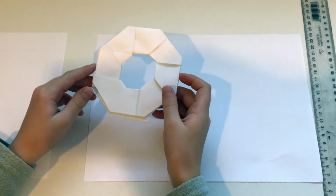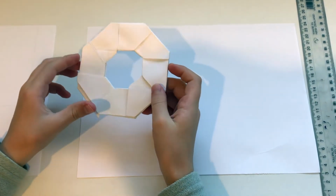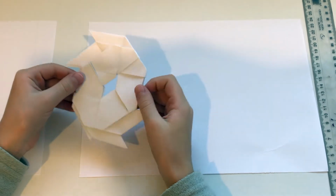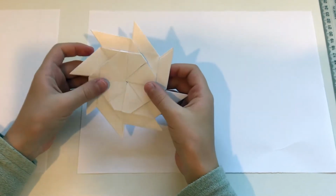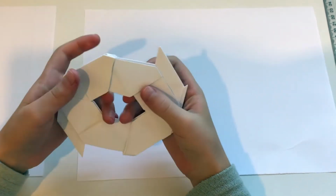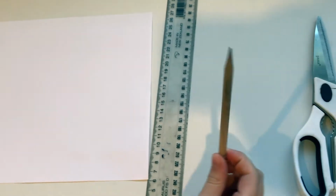What is up, guys? Today we are going to be making a ninja star, but not an ordinary one. It's a transforming ninja star. What it does is transform from a ninja star into an octagon. What you're going to need to make this is 2 pieces of paper, a ruler, a pencil,